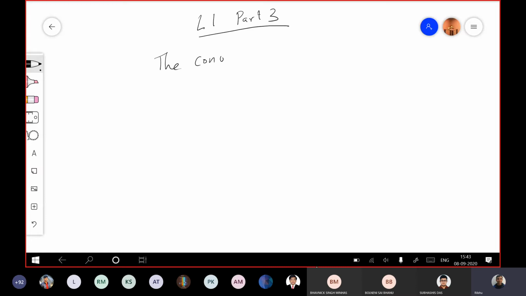The convolution. So all of you know why this convolution is important, right? You have done convolution in signals and systems. Yes, sir. And you know that for an LTI system,